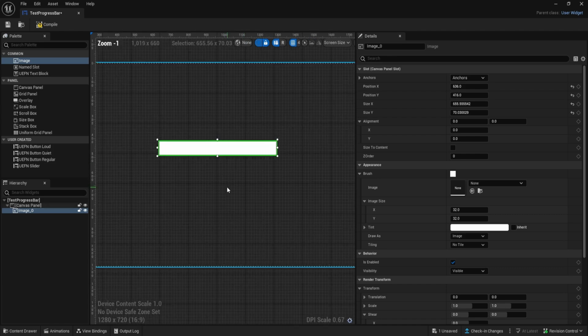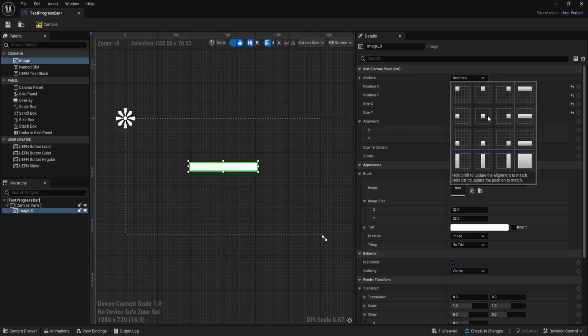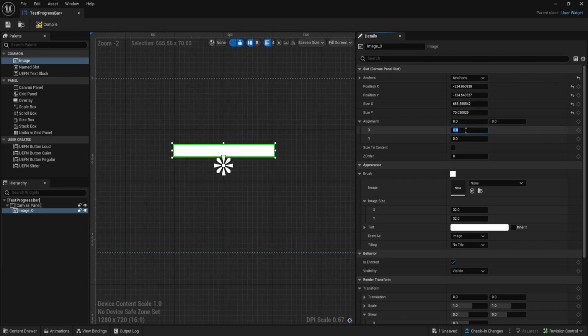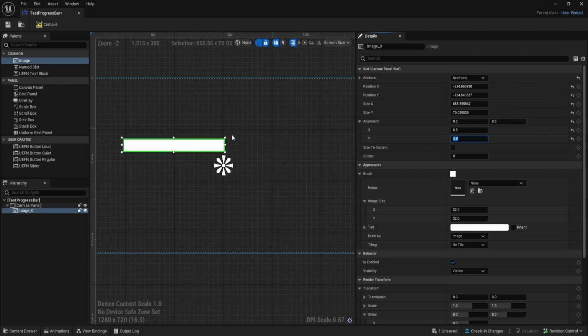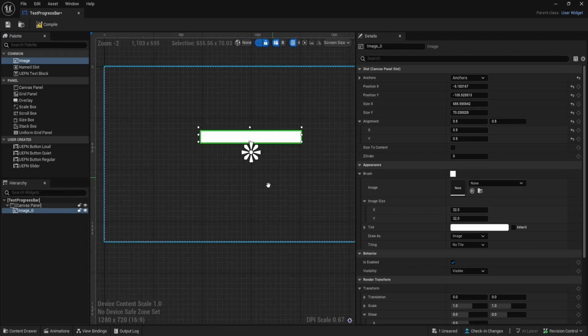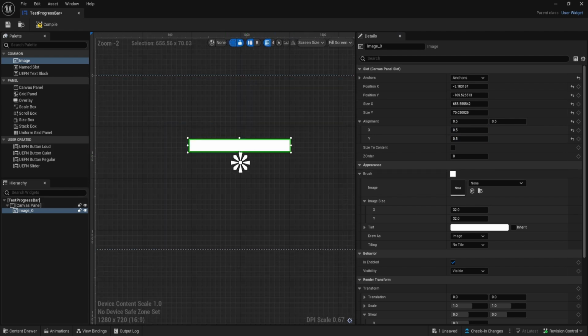So I'll just put it right here. I'm going to change the anchors as close as possible. And I'm also going to change the alignment to 0.5, 0.5, and then move this back. So now that we have where our background bar is going to be, I can reopen my Verse and import